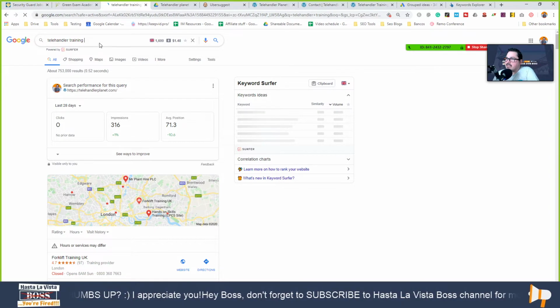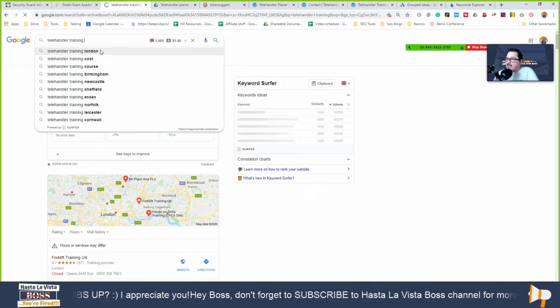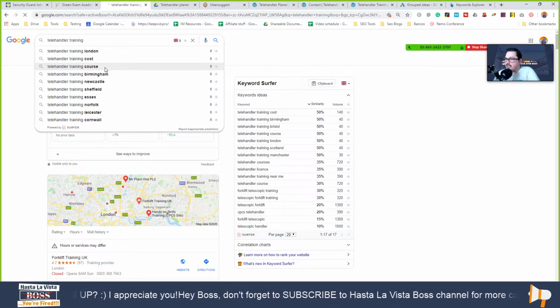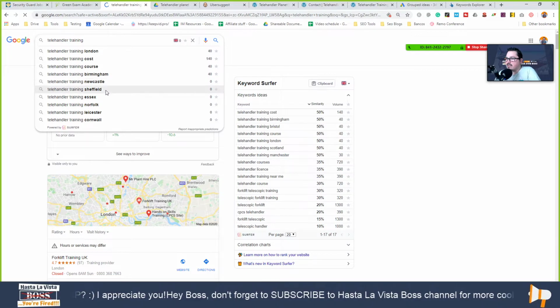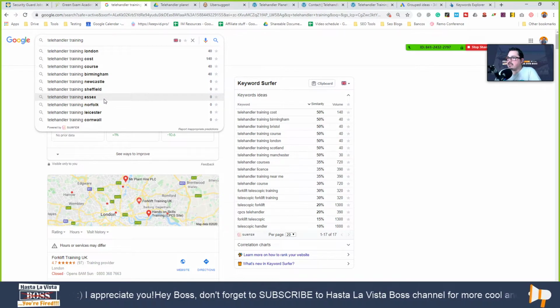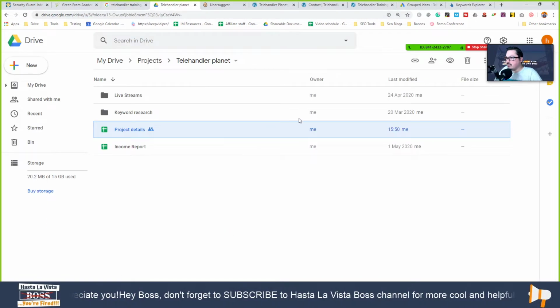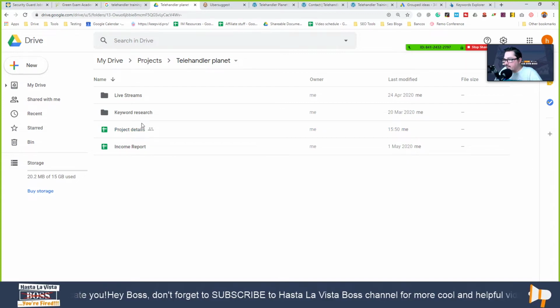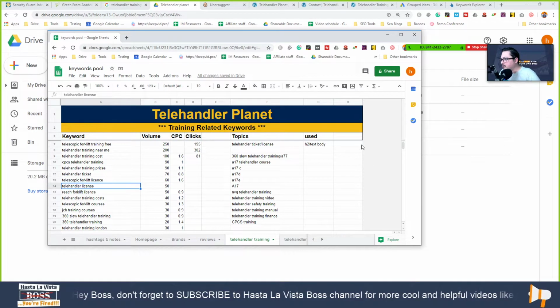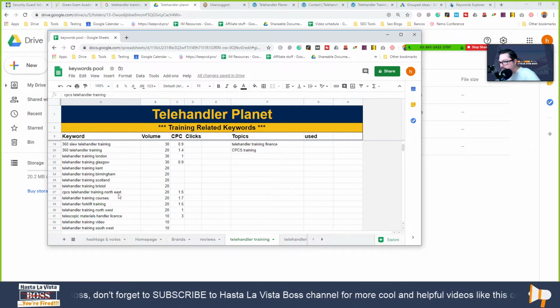So I'm gonna take basically all these pages that come in here. You see, London, telehandler training course, Birmingham, Newcastle, Sheffield, Essex, and I'm gonna put all these into my spreadsheet in here. Where's my keyword spreadsheet? So I'm gonna put all those keywords in here in telehandler training,